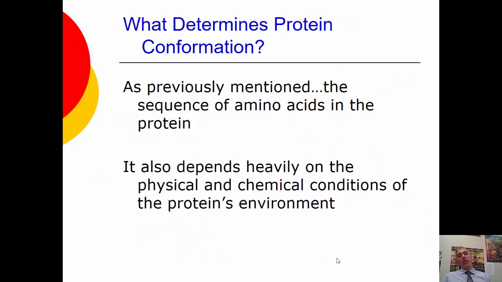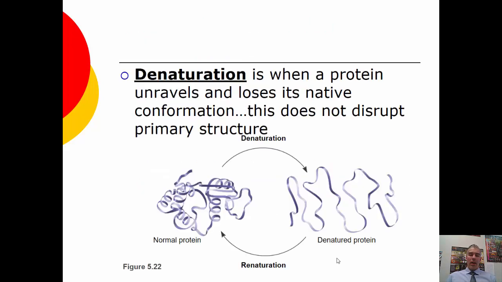So what determines protein conformation? As previously mentioned, the sequence of amino acids is very important. And it also depends on the environment it's in. If it's in a very watery environment, a protein may fold differently than if it's more in a hydrophobic type of environment. Or also, sometimes if it's in an acidic or basic environment, it changes the shape of it too. Or if it's in a really hot environment versus a cold environment in other organisms, because we have ours pretty much leveled out at 37 degrees Celsius.